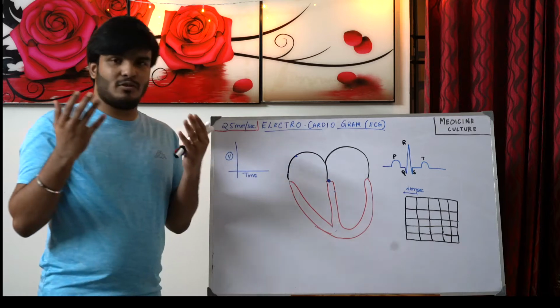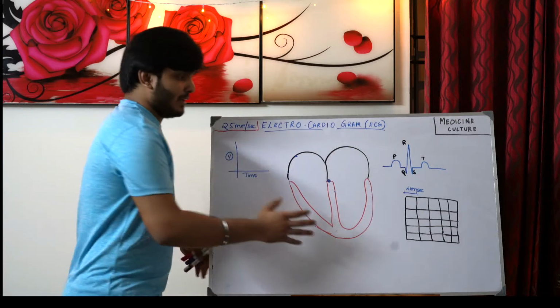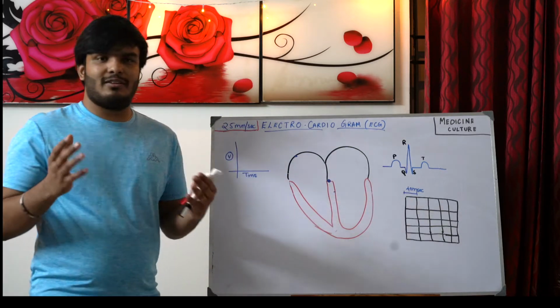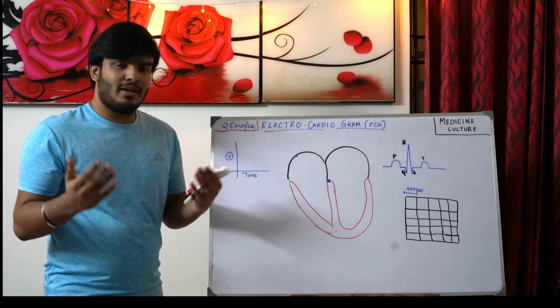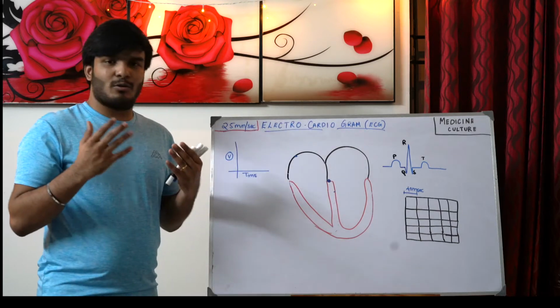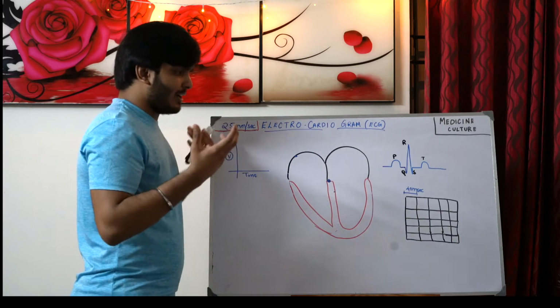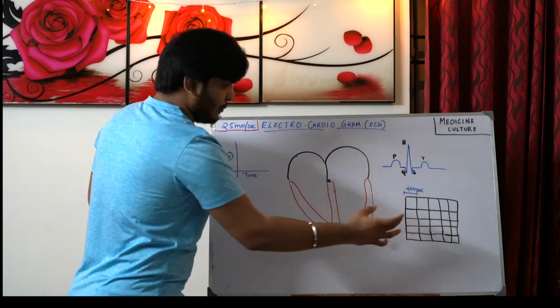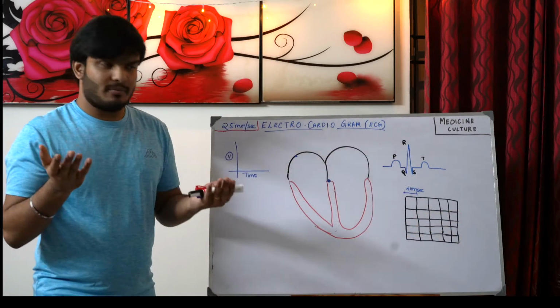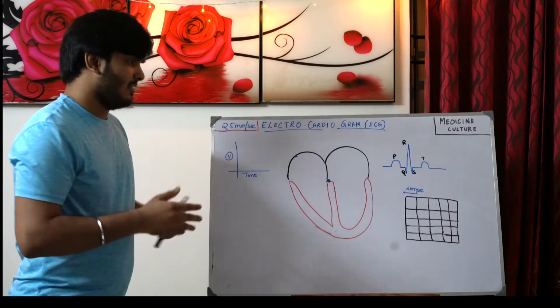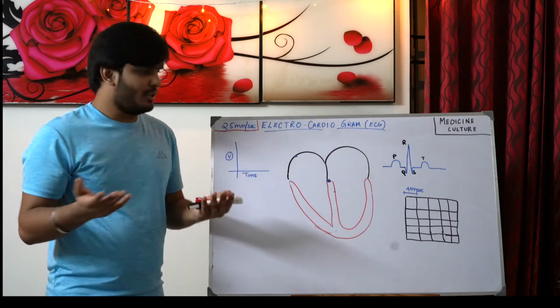Either 0.04 second, it's up to your wish, but one small box is 40 milliseconds. Very easy to understand things in a simple way. Millisecond is a good unit actually. So 40 millisecond is one small box, and the entire large box will be about 0.2 second, or you can take it as 200 millisecond also.